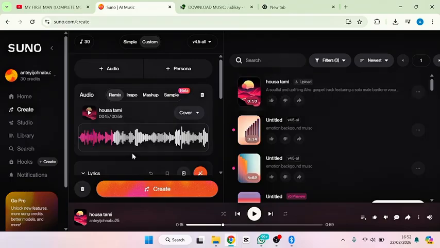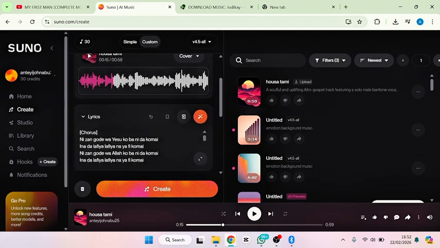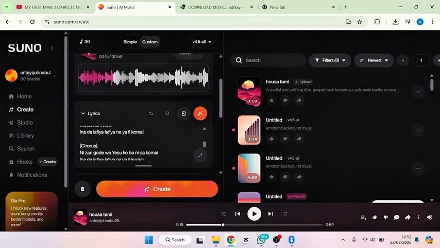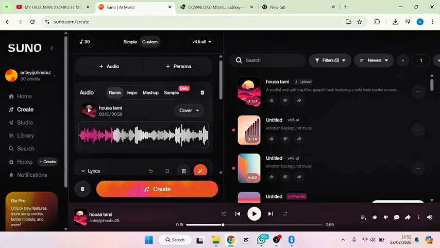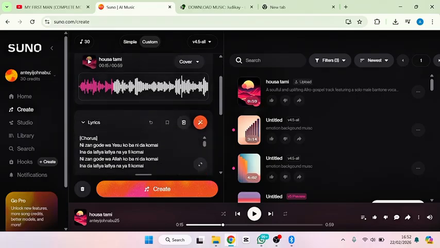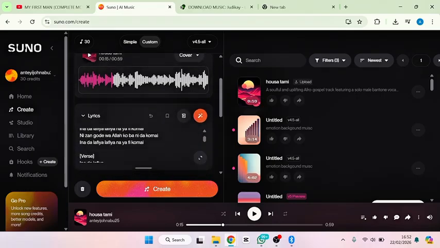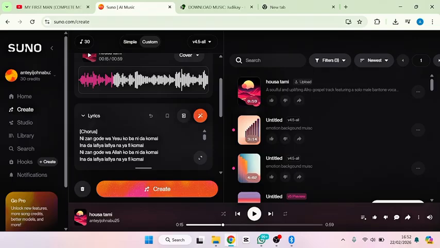It will generate lyrics for you. Now scroll up, you are going to see lyrics, okay? I know you may be tempted to correct these lyrics. Don't try it. Pay very close attention. Don't try to correct these lyrics because they actually give you the option to correct it, but don't try it. Yes, the lyrics may not be correct, but the audio, everything is going to go very well. Don't try to change the lyrics, okay? The audio will go very well, so you don't need to mind the lyrics. You already know the lyrics yourself, right?